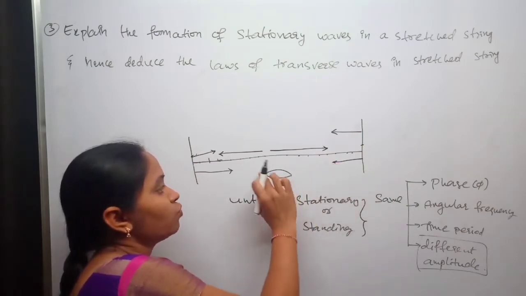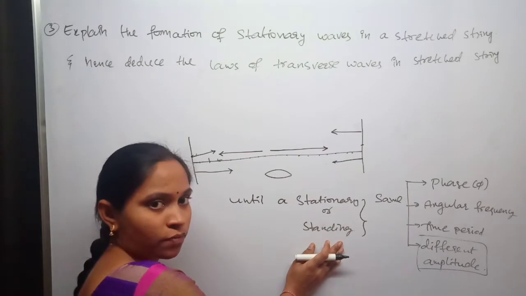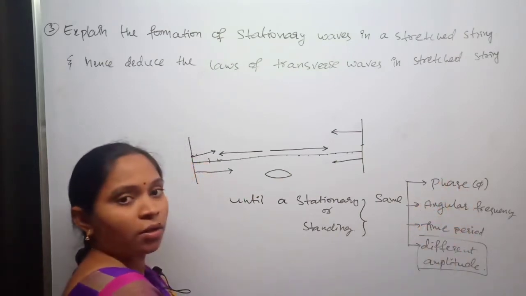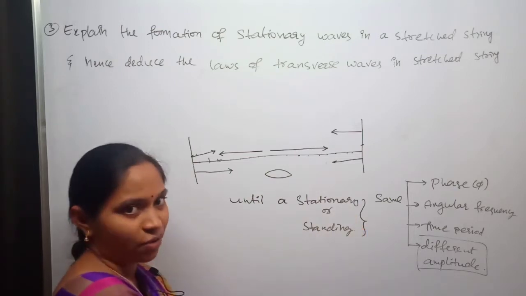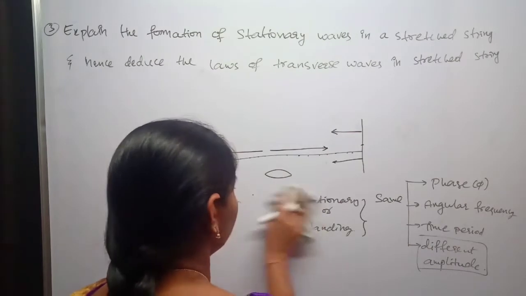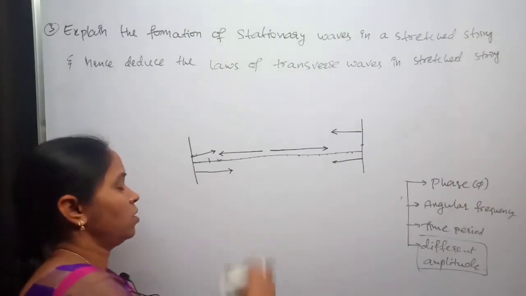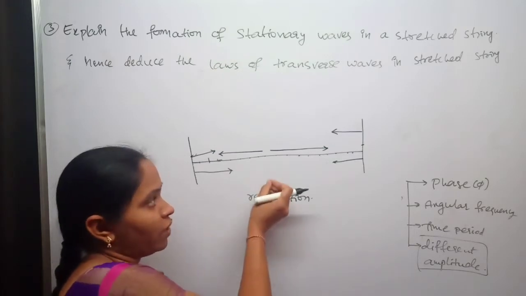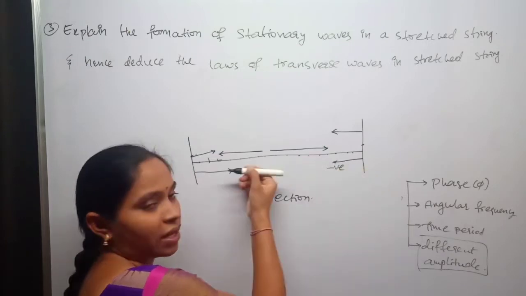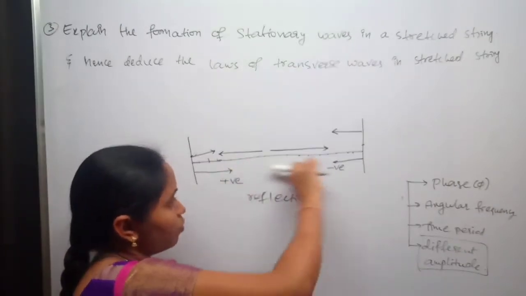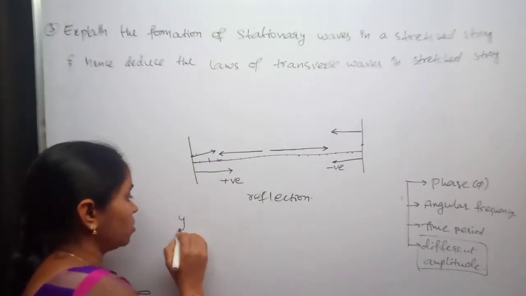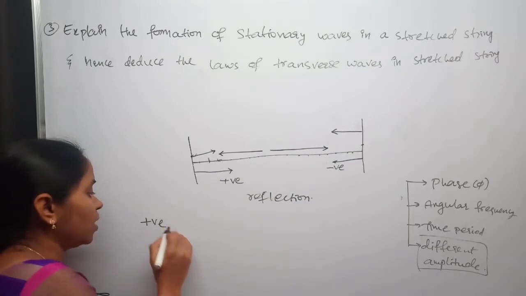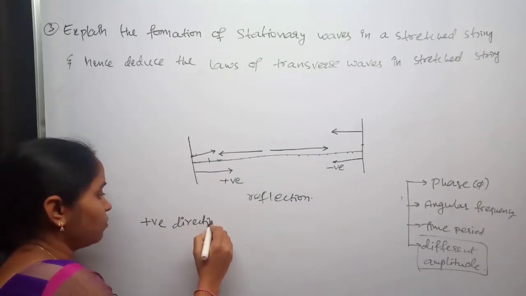The two waves which are superimposing each other form a stationary wave. Whenever these two waves have the same phase, same angular frequency and same time period, after superimposing they form a stationary or standing wave. After reflection, one of the waves will travel along the negative direction and this wave is traveling along the positive direction, and the displacement relation for these waves will be, let's see,